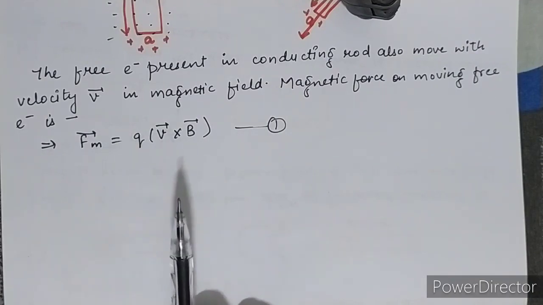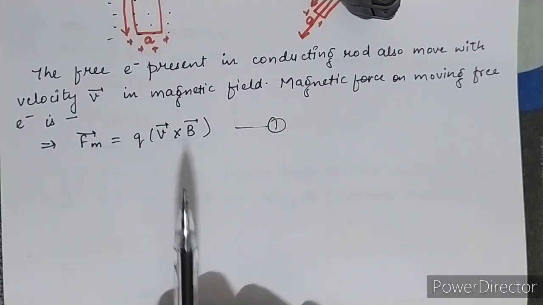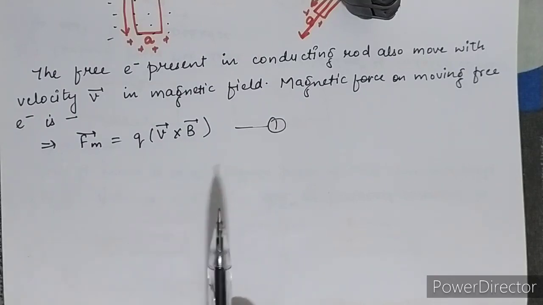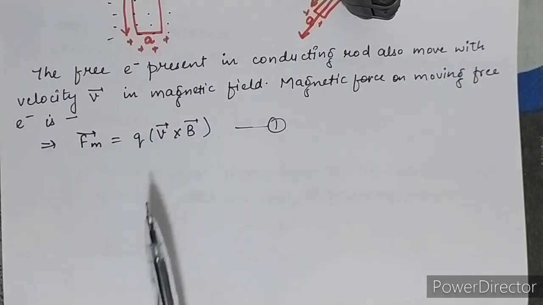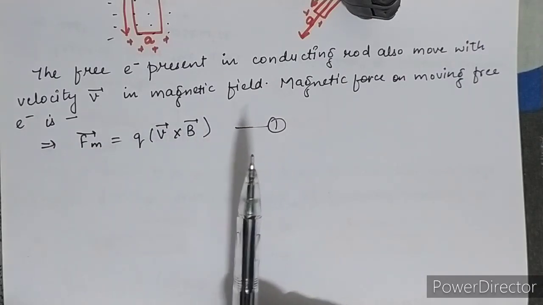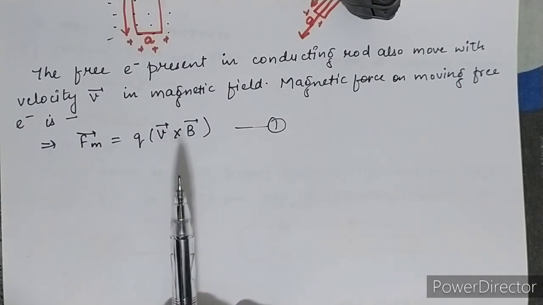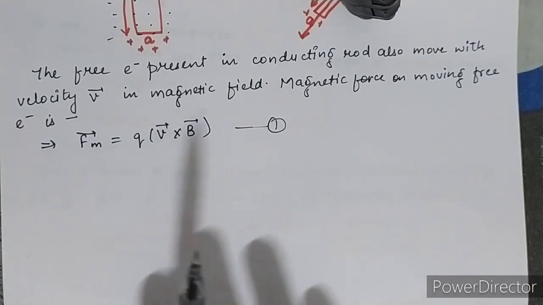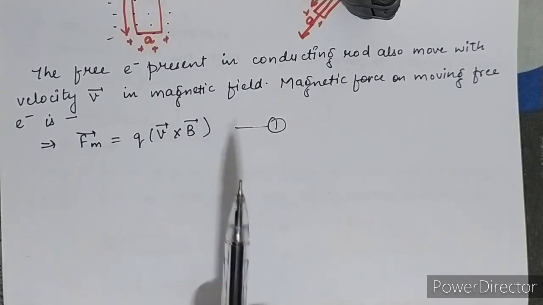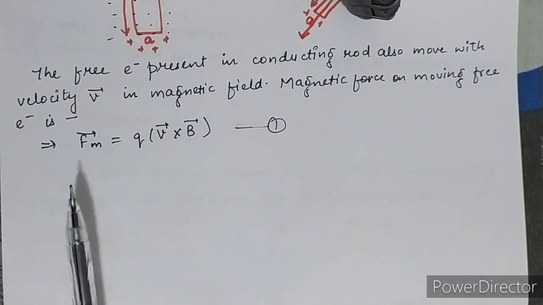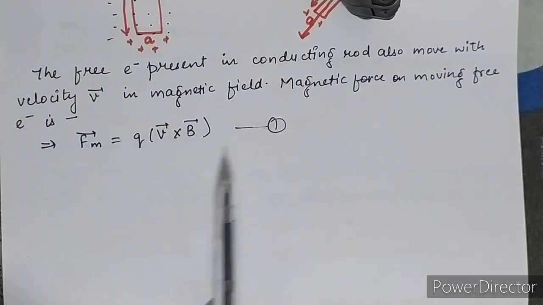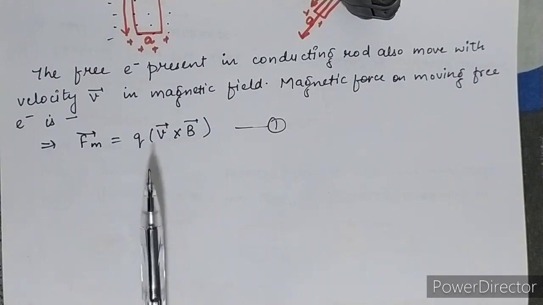So hence there is excess of negative charge at the end B and excess of positive charge at the end A. Now there is the accumulation of opposite charge at both the ends of the rod. A static electric field gets developed between the edges because of the accumulation of opposite charges over there. Now the drift process due to the motion of the conductor continues till the force on the electron due to the electric field is balanced by the force of the magnetic field.